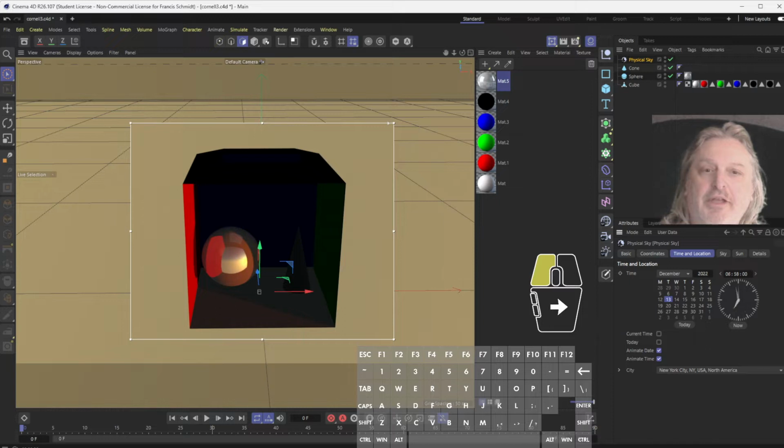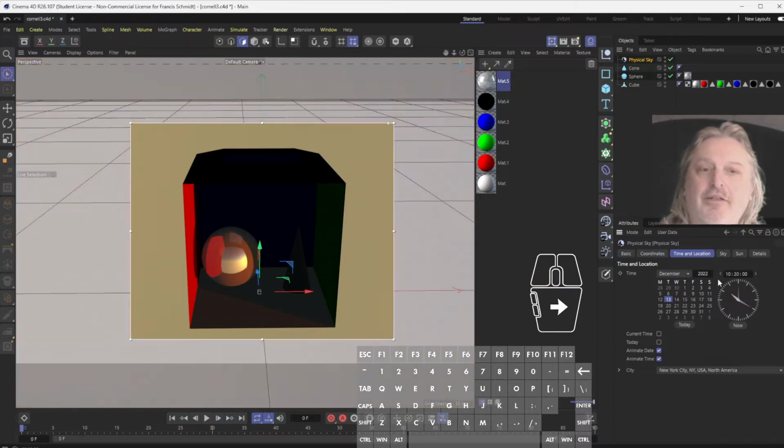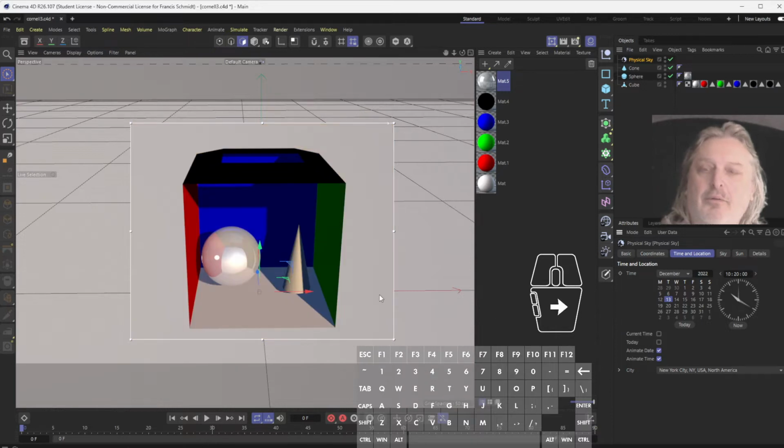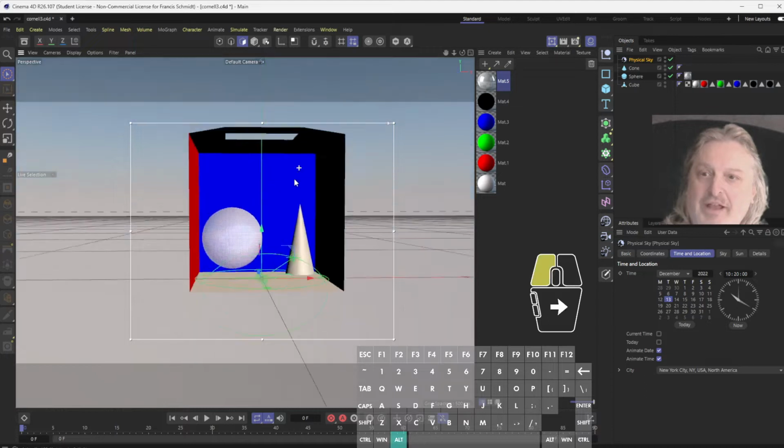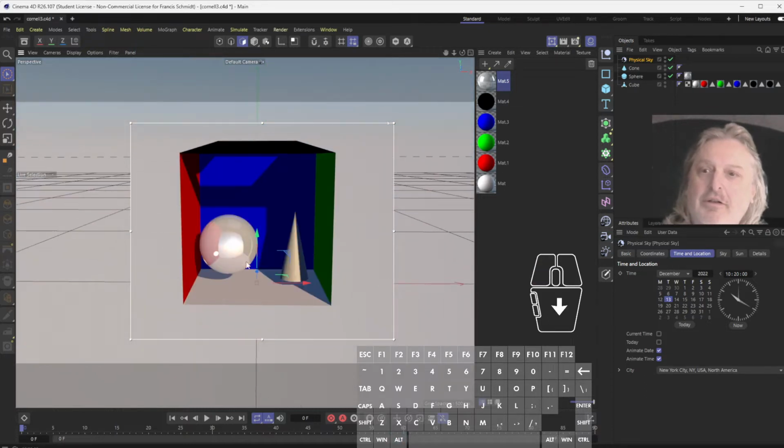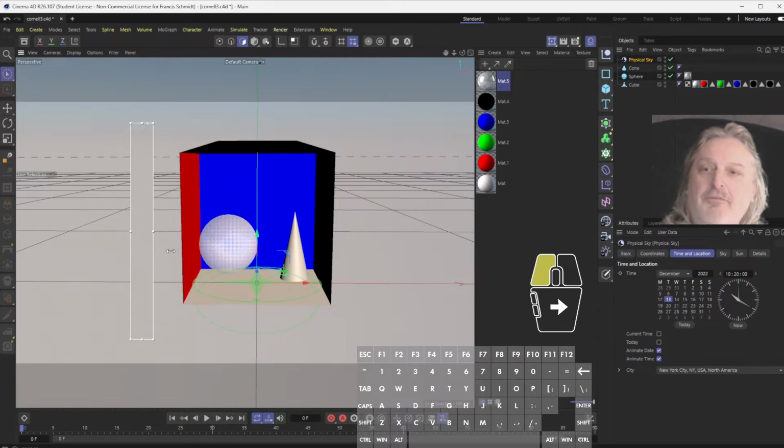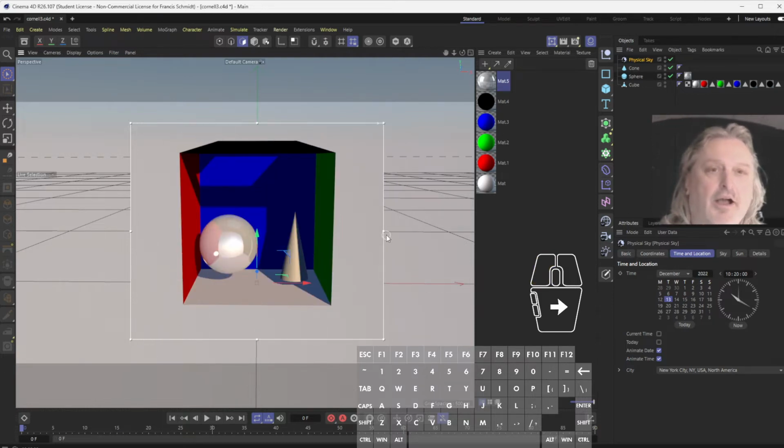Let's get later in the day, closer to when class starts. Let's say there. Ooh, now you see we have light coming through the top, casting a shadow. See that sunlight there? And we have light coming through the front, and that's generally good enough to make a scene look okay. And that's why that's the first thing I taught you to do, is just throw in that physical sky. Let's ditch that,